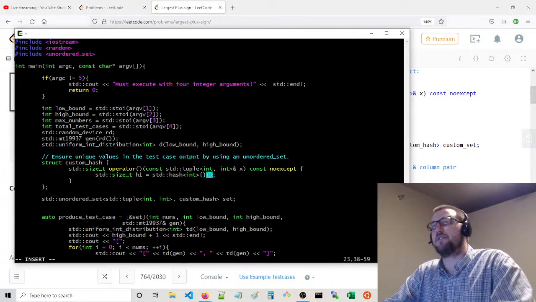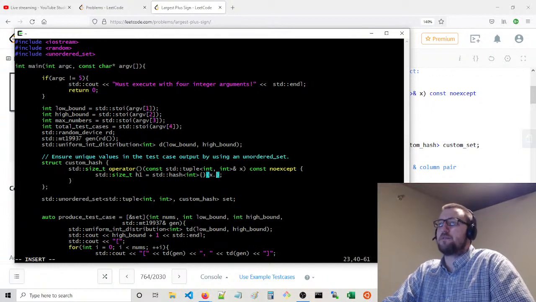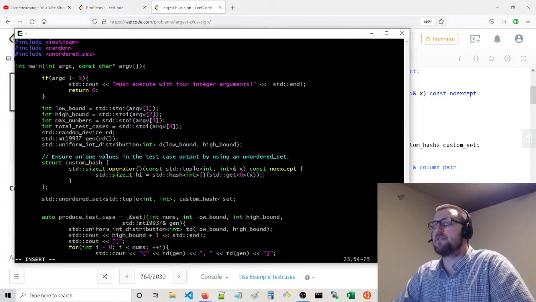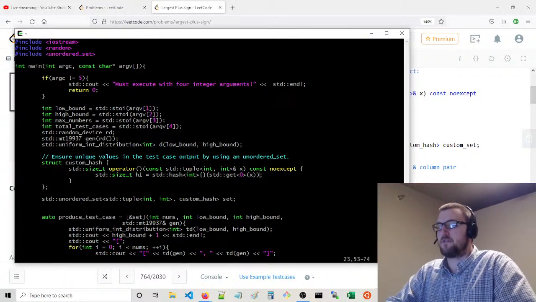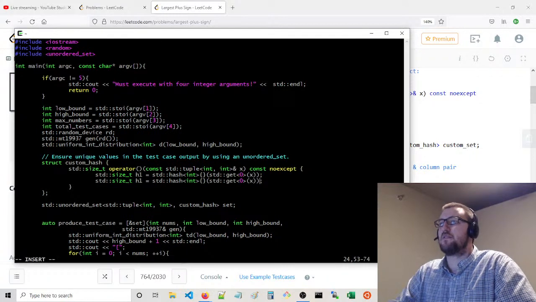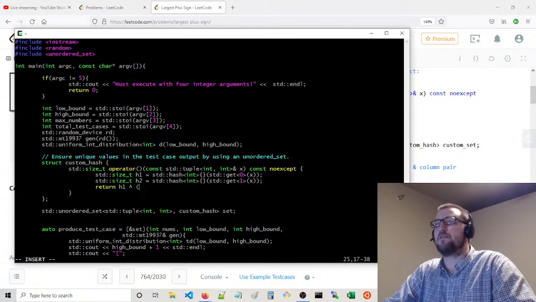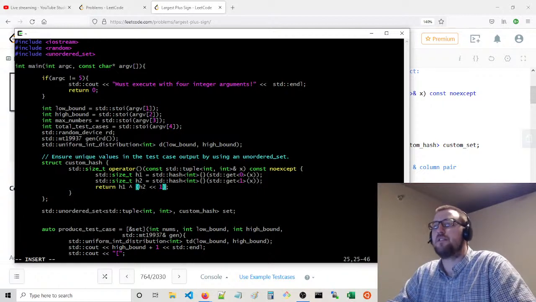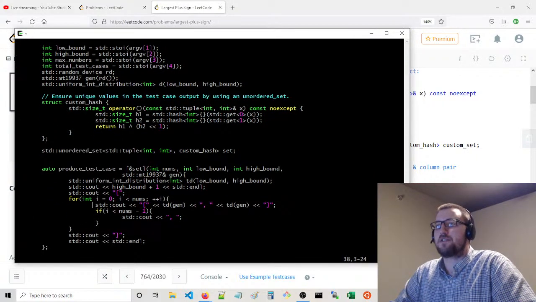Call this function on x dot first, or really standard get 0 of x. And then we say get 1 h2, and then return h1 or h1 h2 bit shift to the left 1. You could bit shift to the right 1 as well if you wanted to. So we have our custom hash,